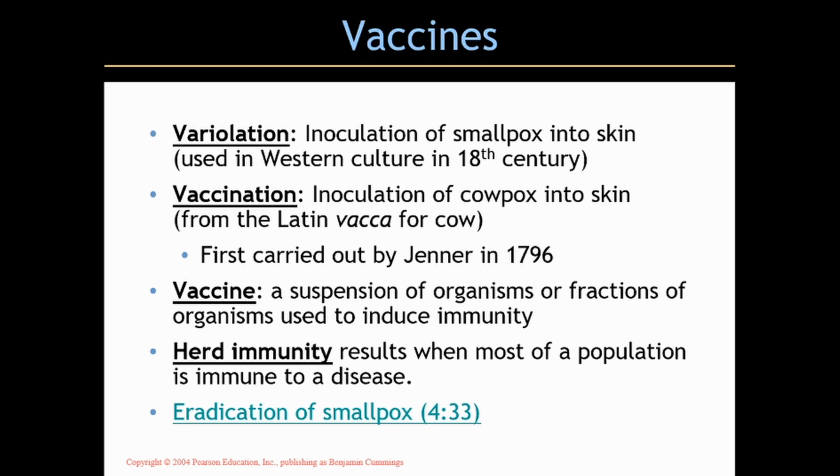His first patient was James Phipps, the son of Dr. Jenner's gardener, and he intentionally inoculated him with cowpox. James became mildly ill from cowpox, and he recovered from it. Then a few weeks later, he intentionally inoculated him with smallpox, and little Mr. Phipps did not develop smallpox. This was then carried out on many people. It was very successful. In terms of Jenner and how he carried it out, it was successful.